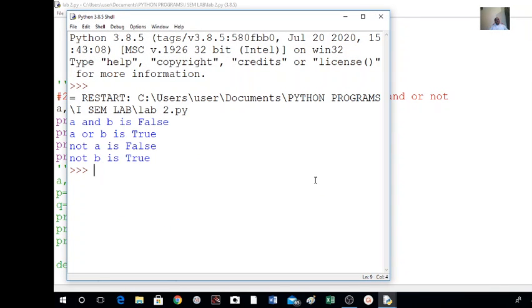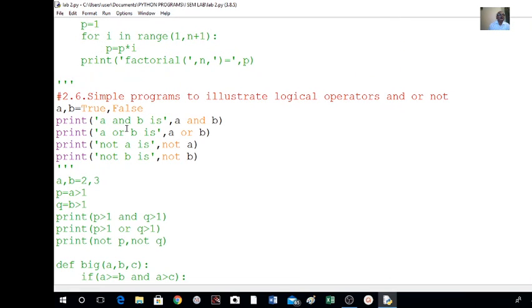A and B is false. A or B is true. Not A is false. Not B is true because B is false. Therefore, not B is true. And if I make this false, F-A-L-S-E, false, and I will make this true, T-R-U-E.